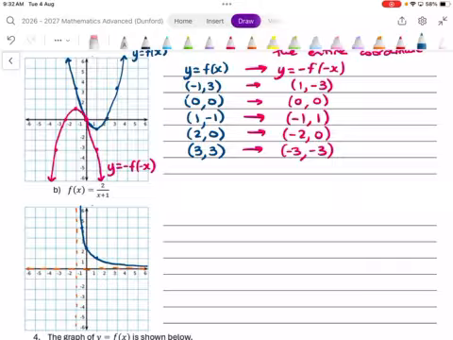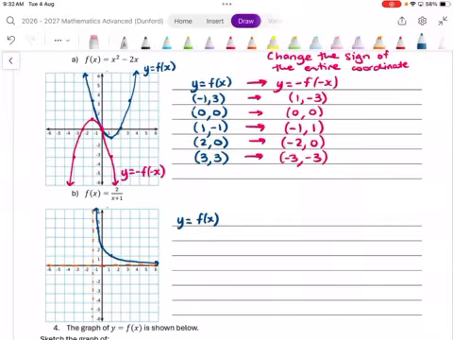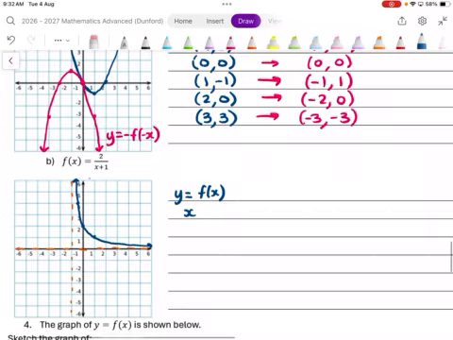All right, let's do this one as a table of values. Y equals f of x. Okay, so we're going to have our x values and our y values. Our x values are going to be, I'll write them in a second. Okay, the next one that we need is negative 1.5 is at negative 4. We have that negative 2 is at negative 2 and negative 3. Okay, so starting at negative 3, negative 3, negative 2, negative 2.5. We're then going to have